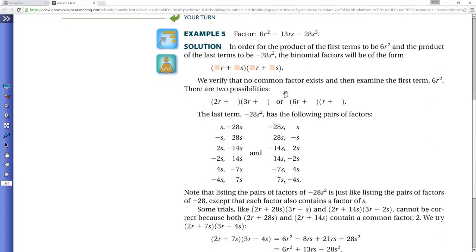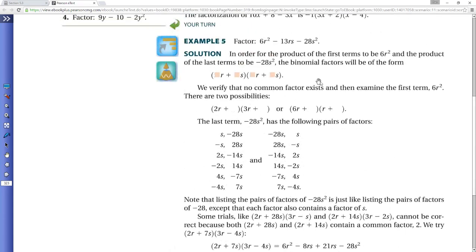This last one here, or last one in this group probably we're going to talk about, is using multiple variables. Here I get 6r squared minus 13rs minus 28s squared. Well, the reality of what this means is I have the first to consider here. What would be the factors? Well, I'm going to have an r times r to get r squared. And then the last is to get an s times s, or s squared. I have to have the last term have the variable s in it. So then the issue just becomes what do I do for coefficients to make this inner and outer addition end up being negative